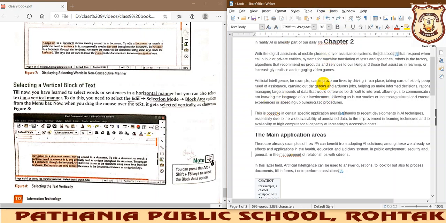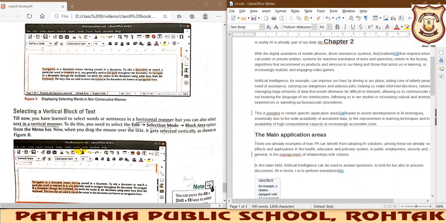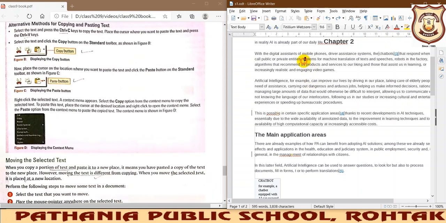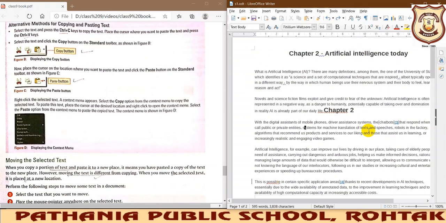Next topic is the find and replace feature. This will help you to search for a particular word, phrase or sentence in your document. That is basically useful when you are selecting particular occurrences of a given word or phrase inside the document. Like if I want to search AI, see, this is all about AI only. I want to search this AI.